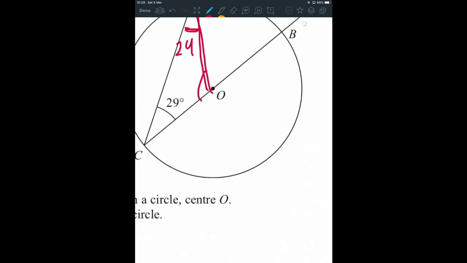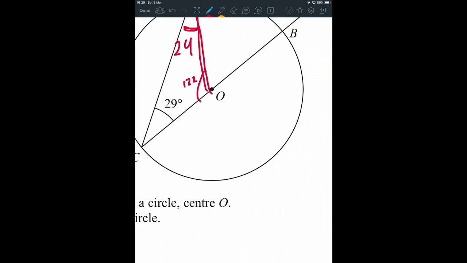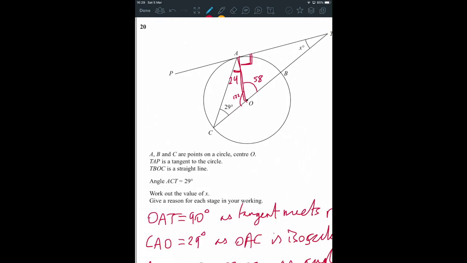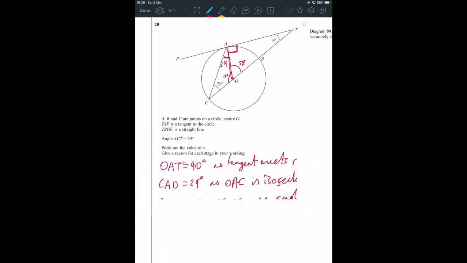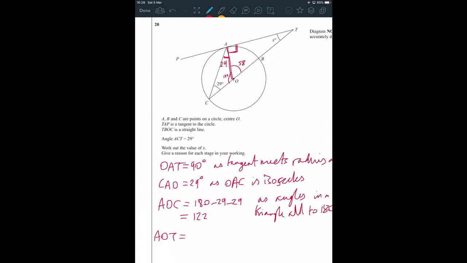Well, now that I know that that angle there is 122, the angle on the other side has to be 58, because those angles add up to 180 as well. So that's angle AOT is 180 minus 122 is 58. Angles on a straight line